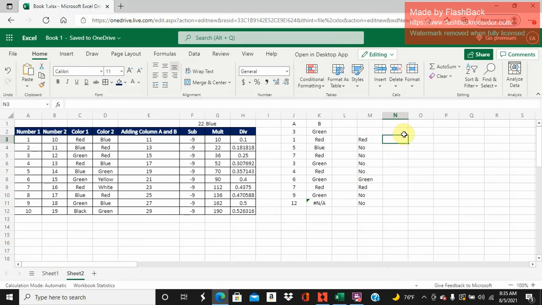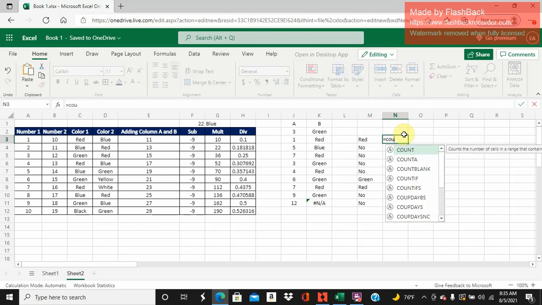Countifs. The Countifs formula is another formula that is very powerful, and you could actually add it to an if statement. In this case, we'll just do a very simple countifs statement, and we will create a video later to go over the more complicated functions of countifs. Countifs basically takes a criteria and then counts how many times it occurred. So based off of that, we could do equal countifs,